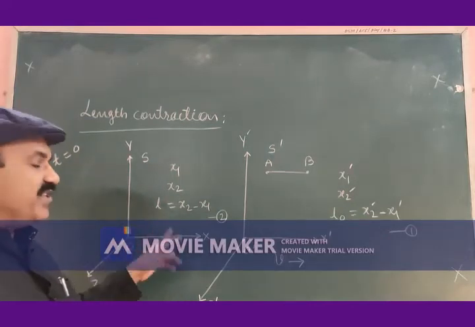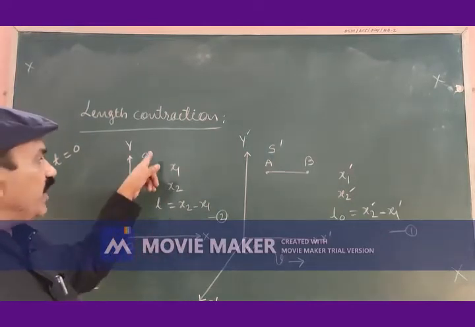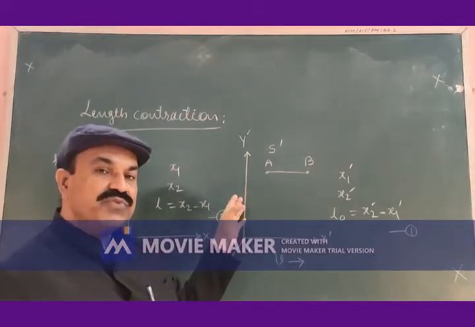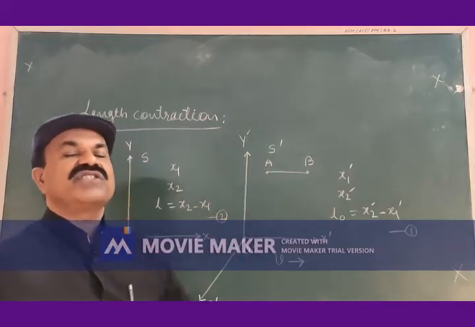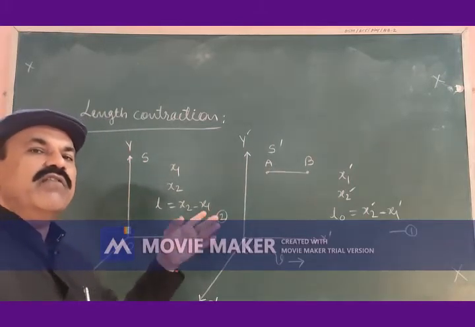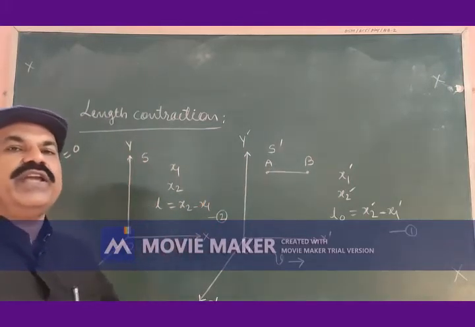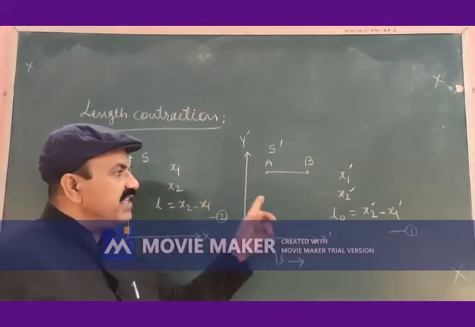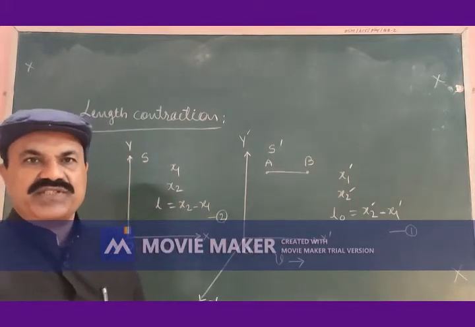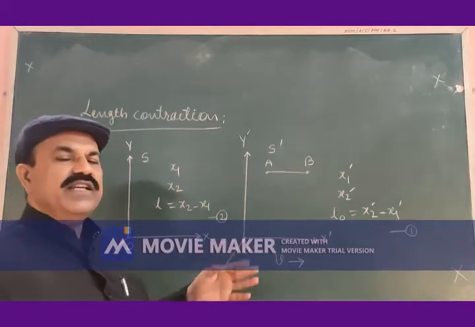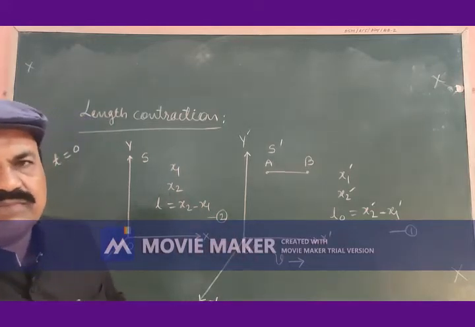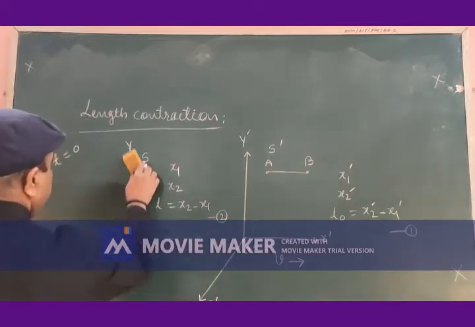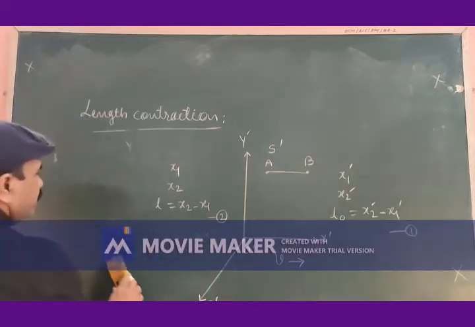L is the length measured by the observer O in frame of reference S for the rod which is moving with constant velocity v away from the frame of reference. Yes, we want a relation between these two lengths measured by the observers O prime and O. To get the relation between these two,